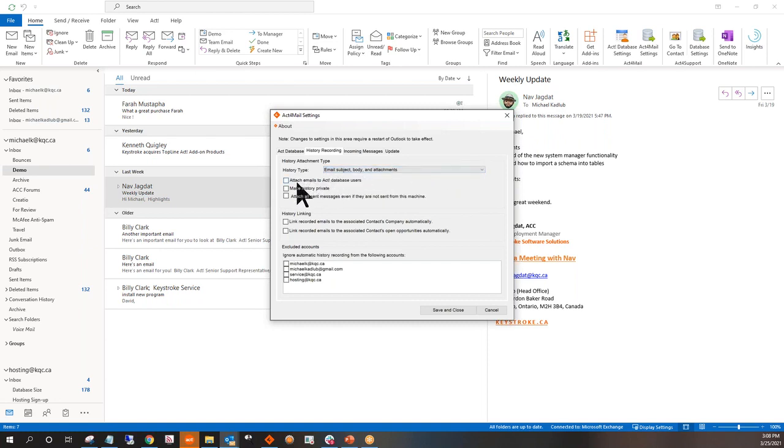A couple other options we have here. Do you want to attach emails to Act database users? Okay. So for example, if you are emailing among people within your organization who are also Act users and you want those emails to attach to them, you would have that checked. I would say a majority of our clients probably don't have that checked